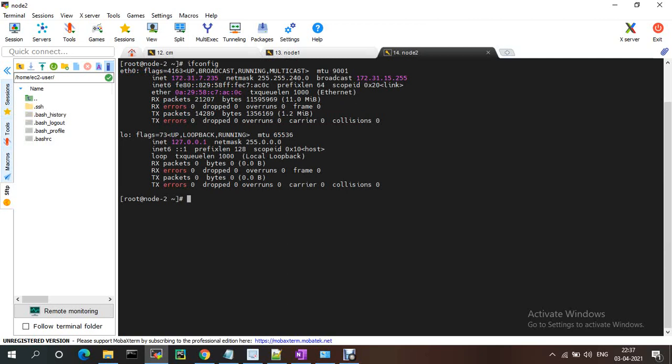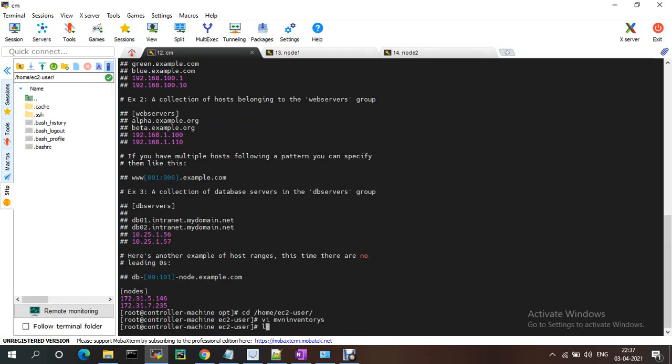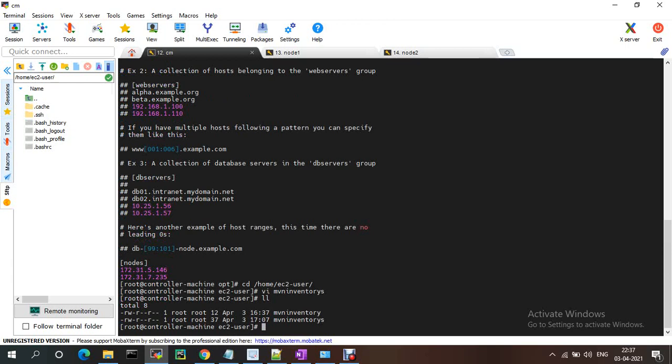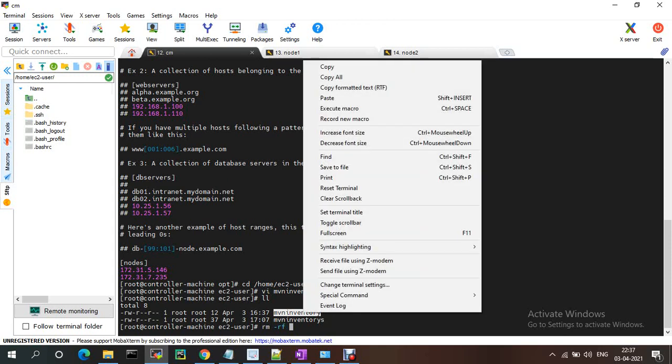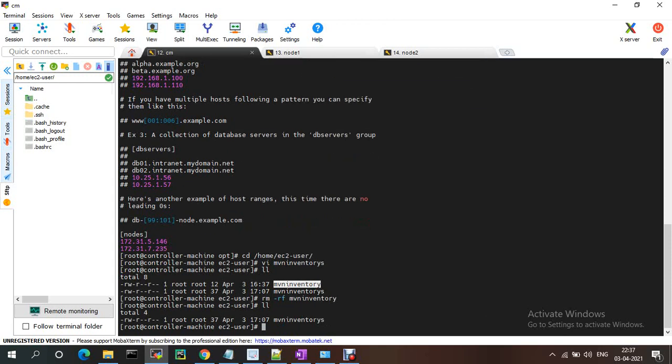Passwordless connectivity is already configured. This was my old file, and I removed it, so only this one is available.